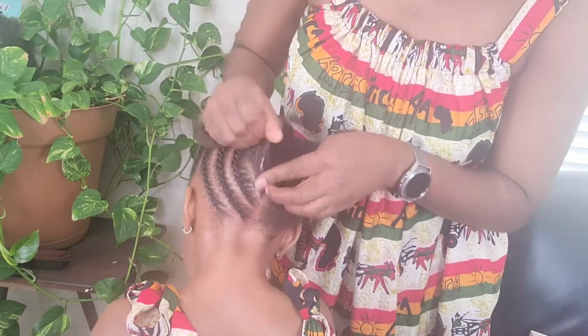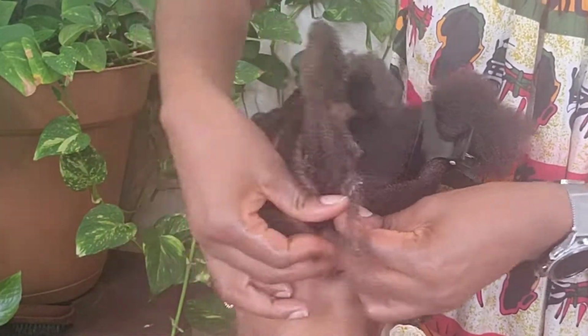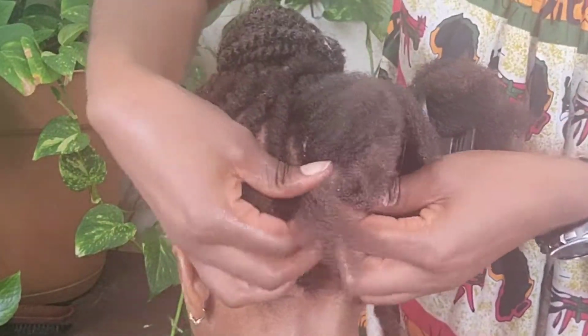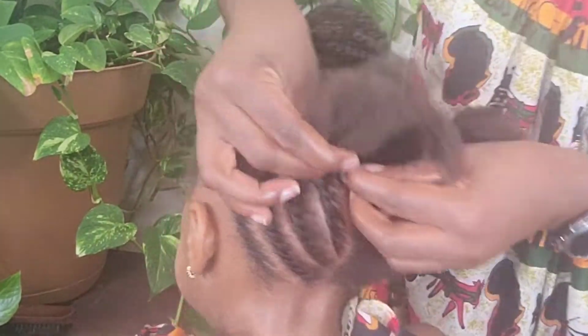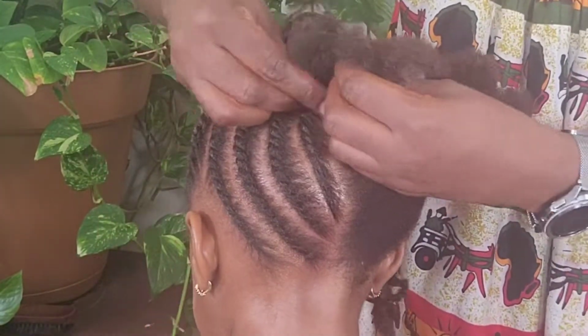So I kind of slowed down this one a little bit so that if anybody really wanted to see what I was doing, they would be able to see. So I guess it's more of a close-up. Hopefully that really helps. So flat twist,